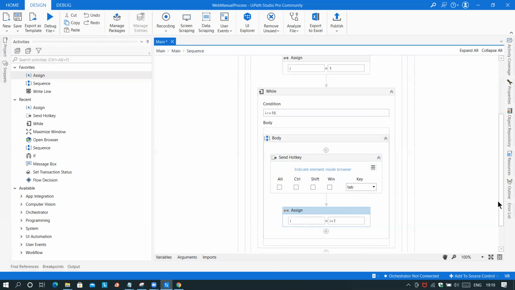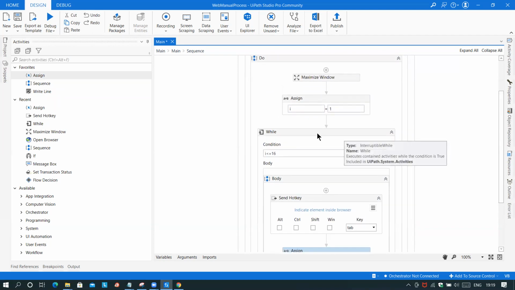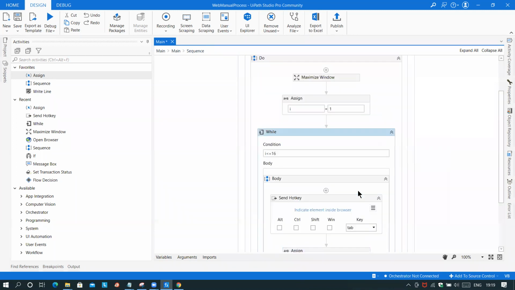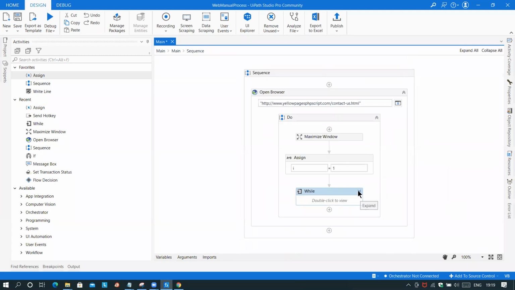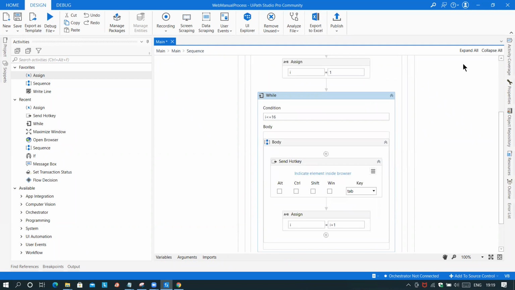Okay, so observe this one. See, I want to minimize this while activity because I have no need to see this code. Okay, so that's why minimized. If you want to see this code, click on that expand and maximize this one. See, if you disable this, it will never work, but we are not disabling. So minimizing and maximizing. Okay, so right now I want to show you how it will be pressing the tabs